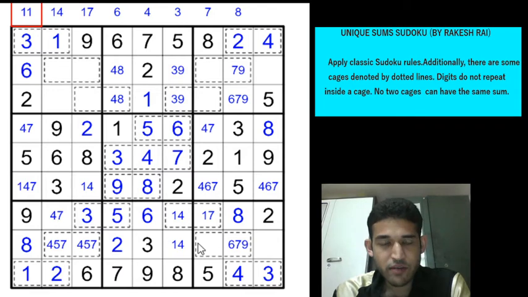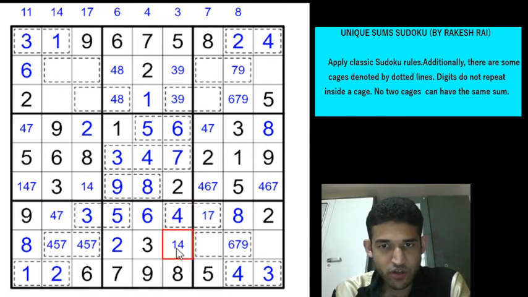Okay, we have another beautiful deduction, kind of difficult to see. We have reached the 8 total, right? Now what happens if you have a 1 here? That immediately forces a 7, which takes the cage total to 8, but we have already reached the 8 here. So this cell cannot be a 1. Again, a very sharp deduction.